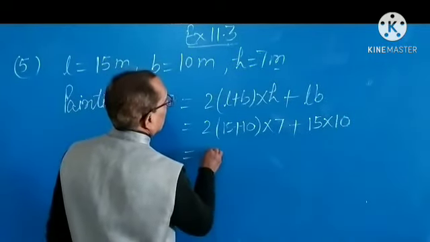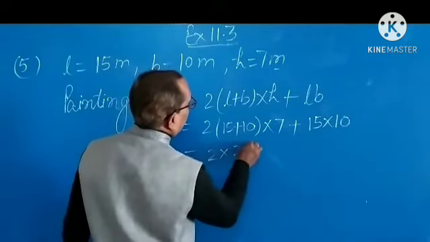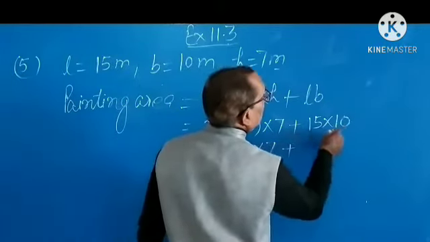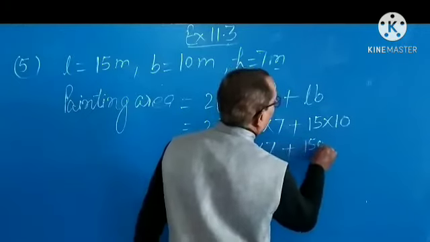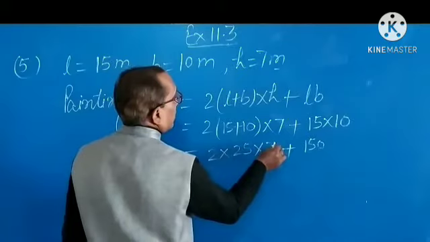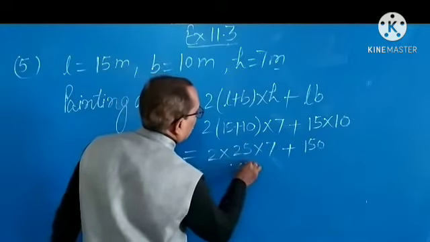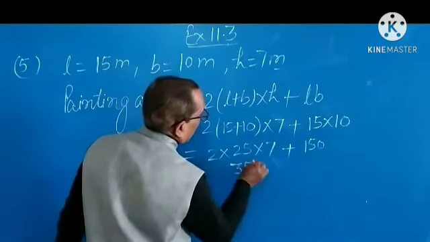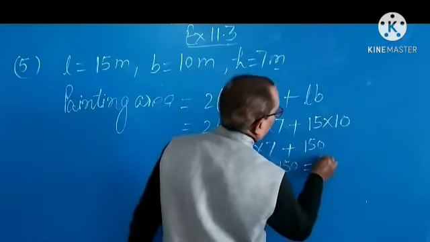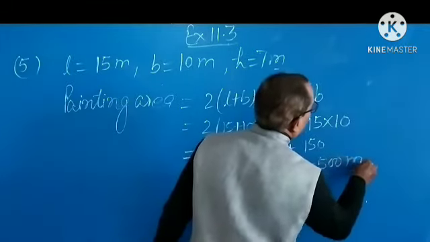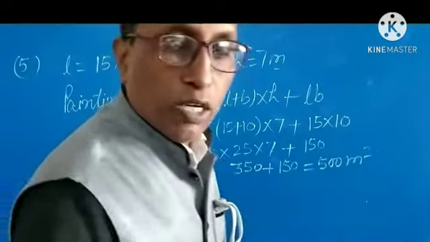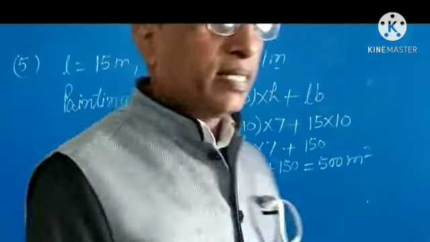You get 2 into 25 into 7 plus 150, and this is equal to 2 into 175, that is 350 plus 150, that is equal to 500 meter square. This is the painting area,